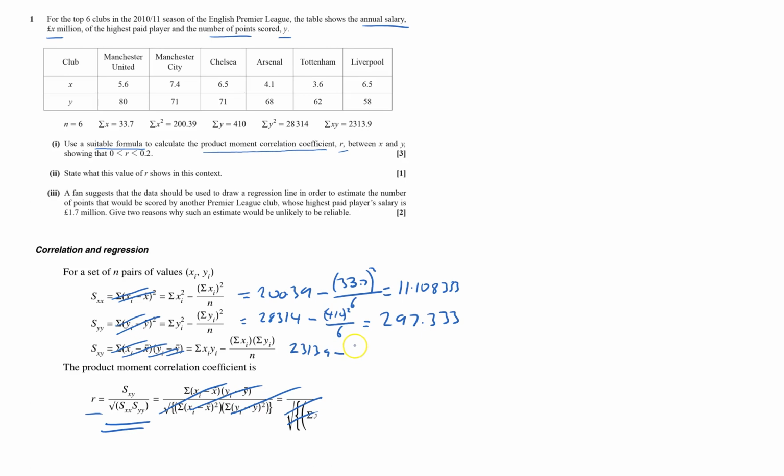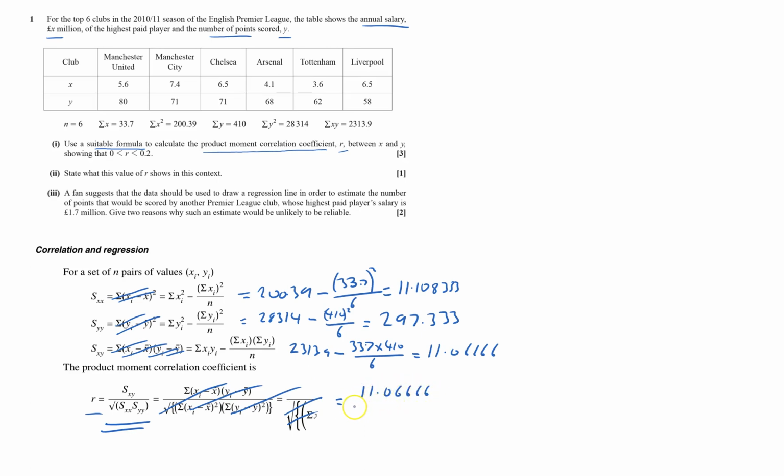minus sigma x, 33.7, times by sigma y, which is 410, all over 6, and that one equals 11.06666. So we want to work out the top one, so this bit equals, and this is what R equals,